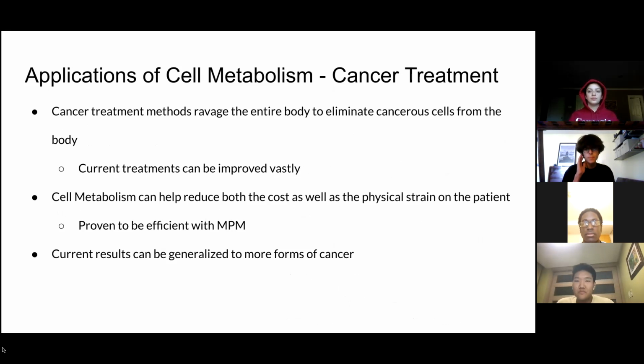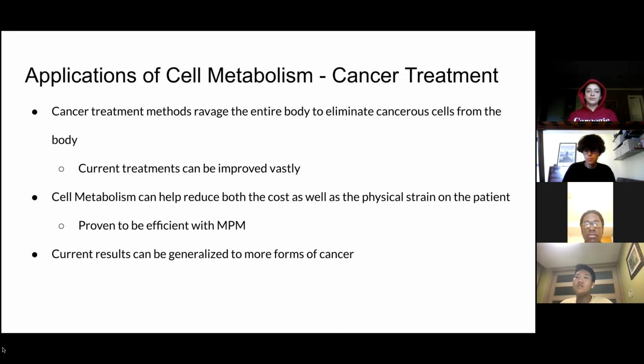Okay, so in many forms of science, the most fundamental things, like addition in mathematics or Newton's laws in physics, are often limited in applications because of how far the sciences have advanced, which is obviously a great thing. But luckily with biology, that's not the case yet. As Amelia showed, cell metabolism is one of the most foundational parts of biology. And as Jonas and Benjamin just showed, cell metabolism still has far and many places to go, especially with the